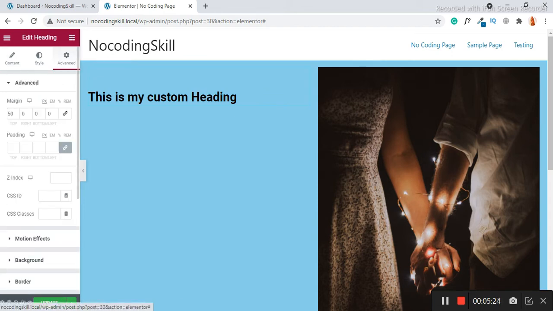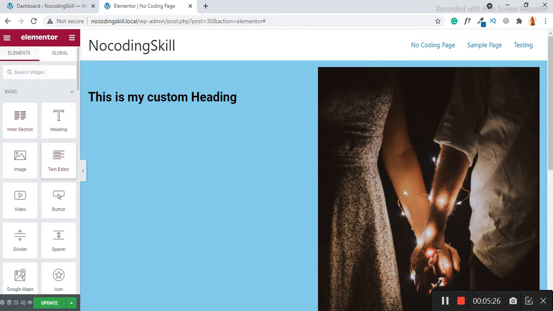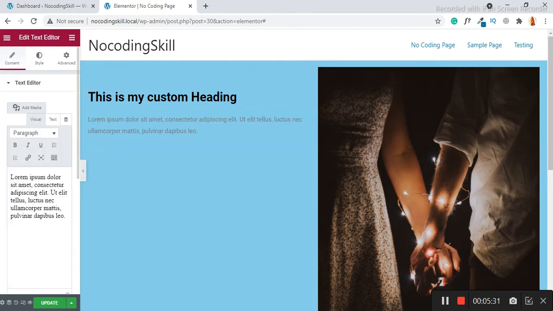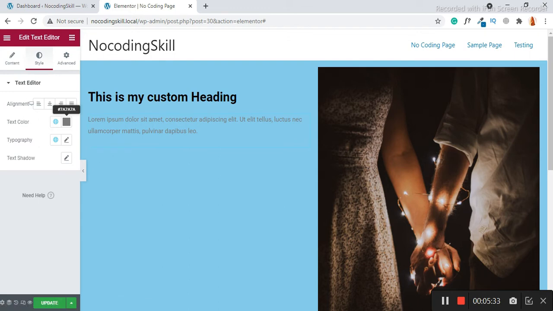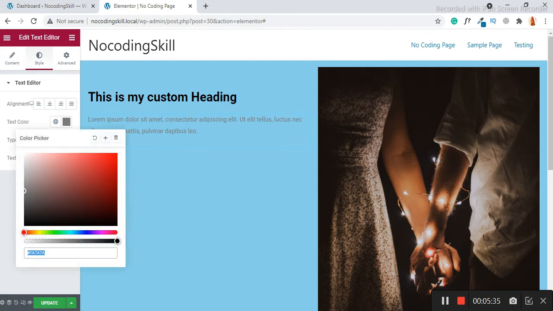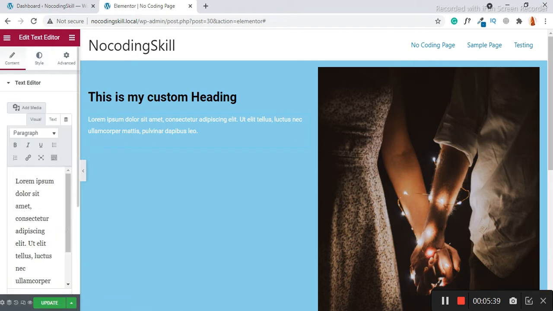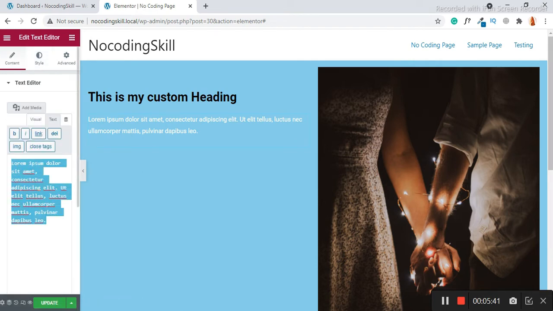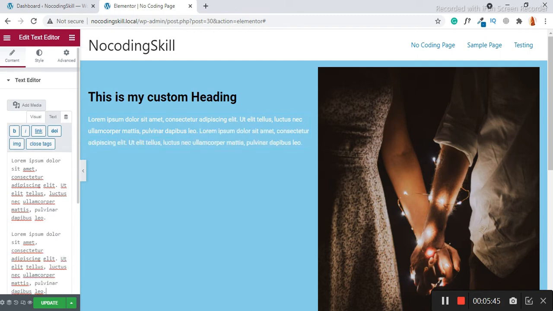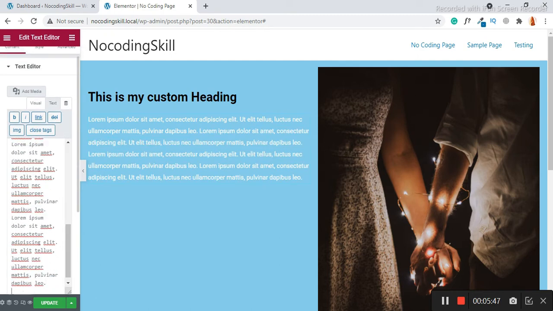Now let's take a text editor. This is our text editor, just drag and drop here, and change the color to white. I'm copying and pasting to set a dummy text, like a paragraph.